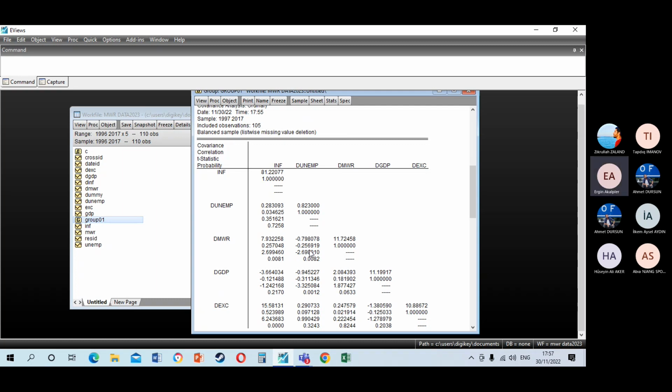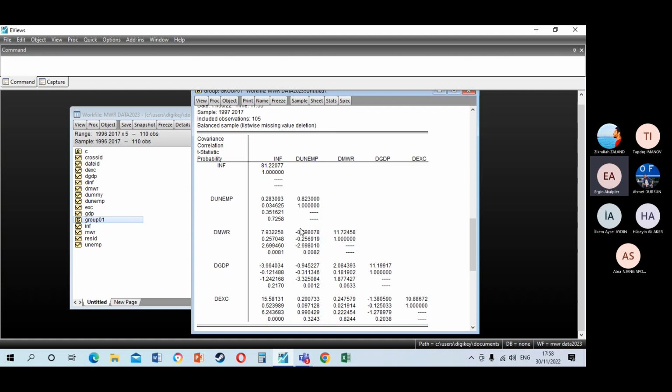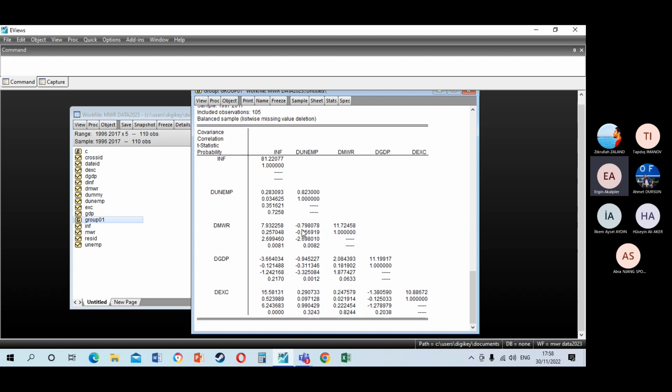And if the T statistics is greater than the T critical value, it is significant. As you see here, it is significant for some variables, and for some it is not. For the exchange rate and minimum wage, for example, not satisfied, but the rest is okay. For the GDP and inflation it is also a little bit lesser, but for the minimum wage and inflation is okay. Minimum wage and unemployment is okay. For exchange rate and inflation is okay. Therefore, we can go through to the